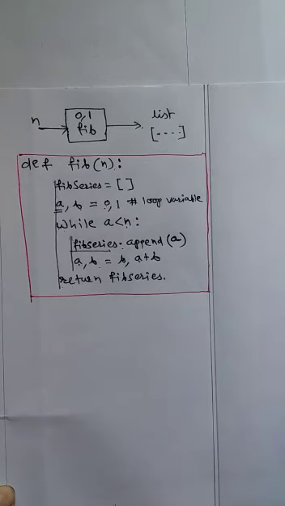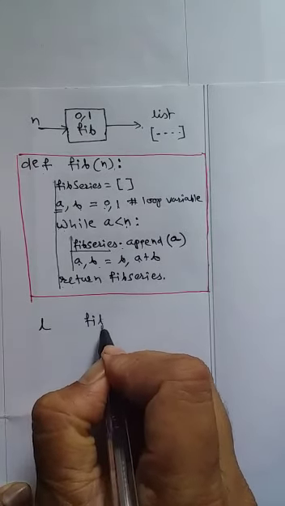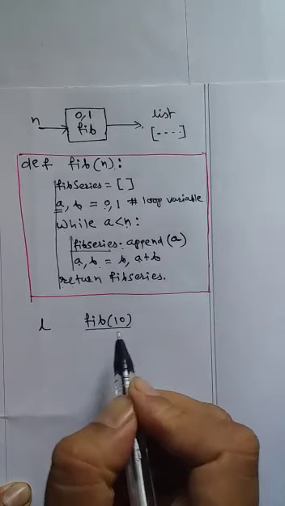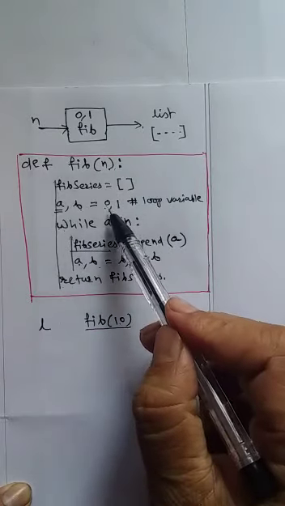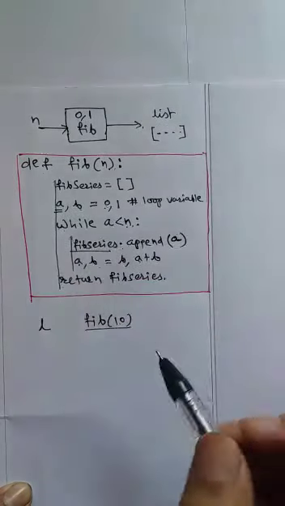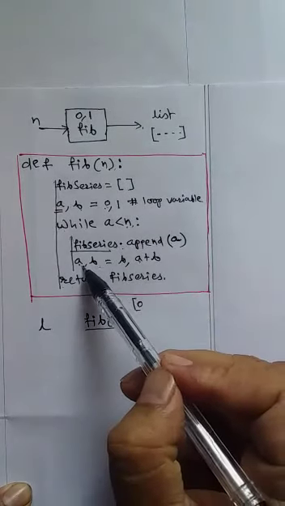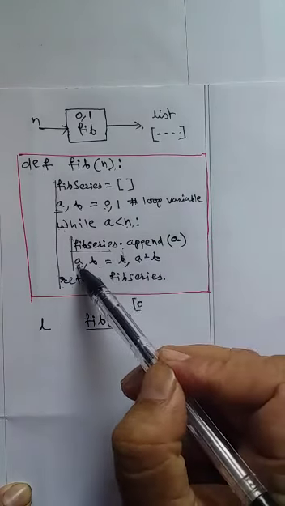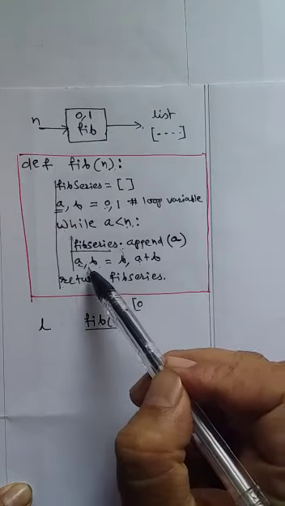Now to execute this function, we'll call it. How to call it? We'll call it as fib, the name of the function. For n, I am passing the value 10, so 10 will be assigned to n. Then it will run. Initially the value of a is 0, and a is less than 10, so what will it do? fib_series.append(a). So the value of a, that is 0, will be appended to the list. After that, a, b = b, a + b. Now the b value, that is 1 initially, will be assigned to a. Now the value of a will become 1, and 0 plus 1 will be b. So a and b both will become 1.